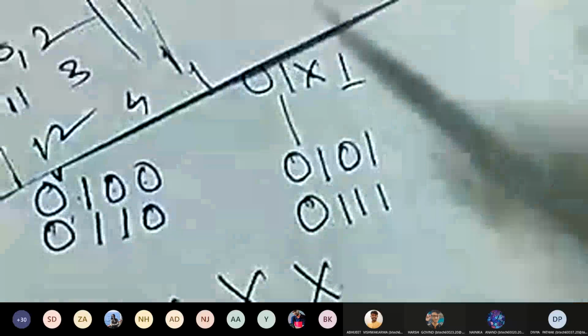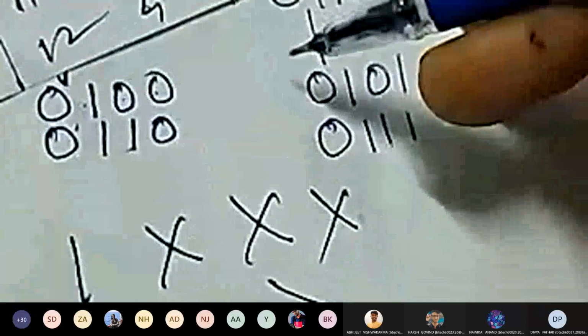So what is happening is from 0 to 9 it is becoming 0, and from 10 to 15 it will become 1. Why so? Because the sum is a valid BCD number, so we are getting here Y equals 0, and the sum is an invalid BCD number, so we are getting Y equals 1. Now it comes to finding the expression. So what we are going to do? We will make the K-map to find the expression for Y. Okay. So now let us draw the K-map.